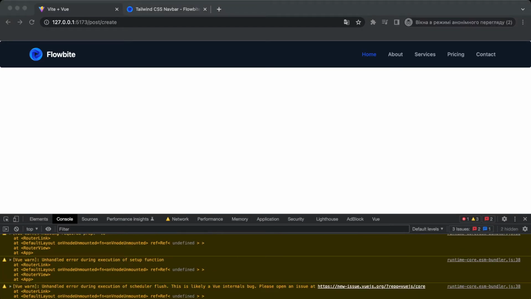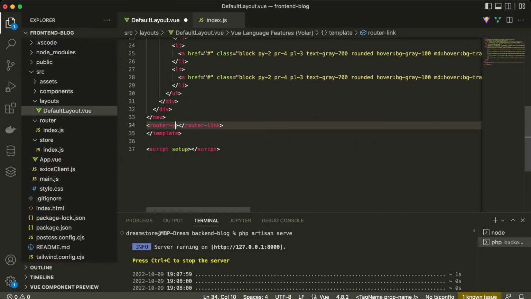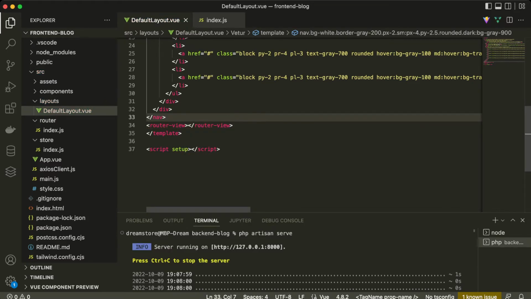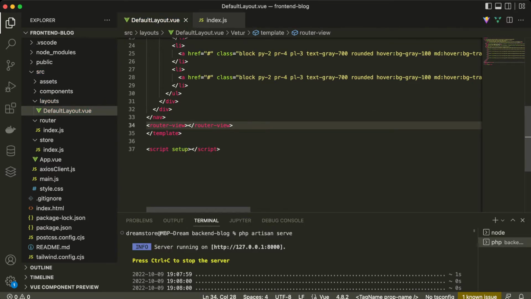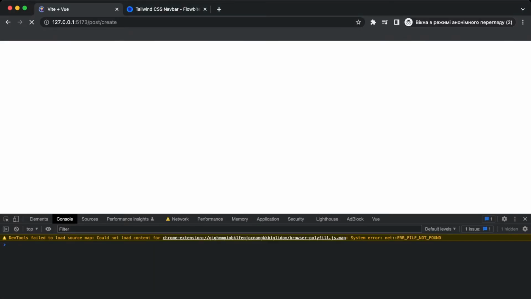Okay, so let's go here. Oh, okay, I understood. I typed here not router view, but router link. Okay, so now I typed here router link, not router view. Now I fixed it. And now let's go back to the browser. And now you can see the content of the